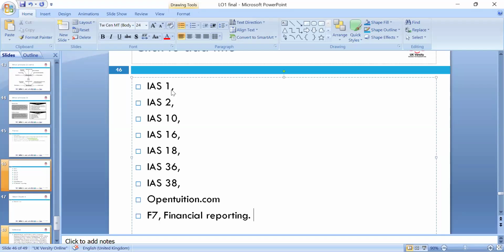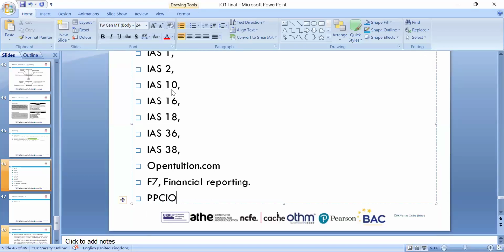Any question, please, if you'd like to ask? Okay, so that's all. PPCIO: professional behavior, professional competency, confidentiality, integrity, and objectivity. These are the 5 professional code of ethics. Self-review, self-interest, advocacy, intimidation are the threats towards ethics. We need to minimize those, so that it won't happen and compromise our professional code of ethics.